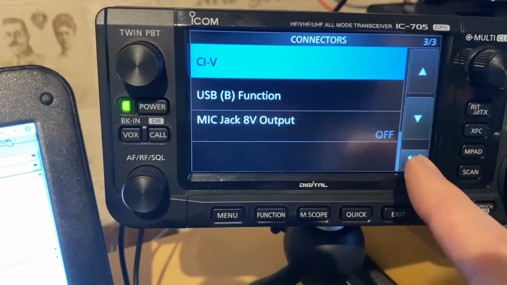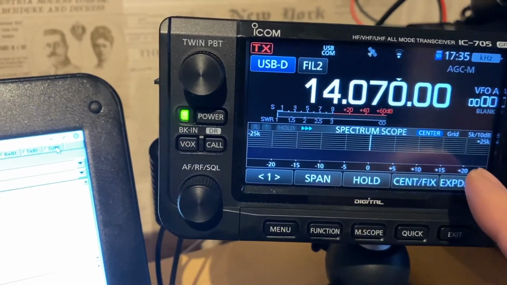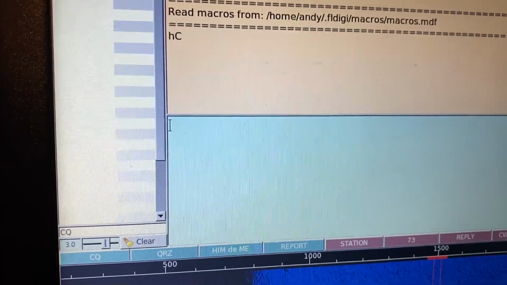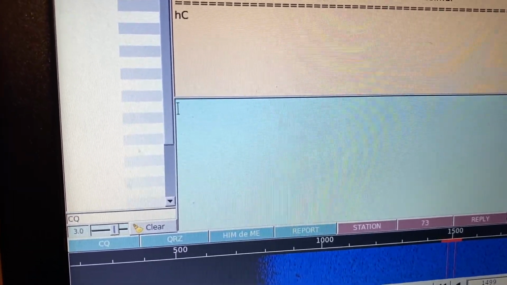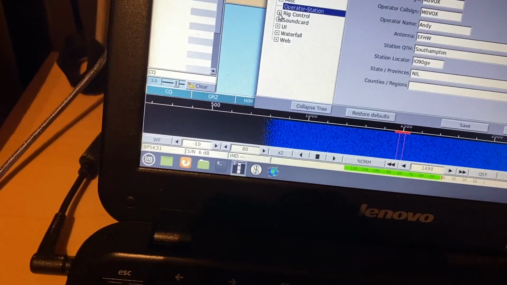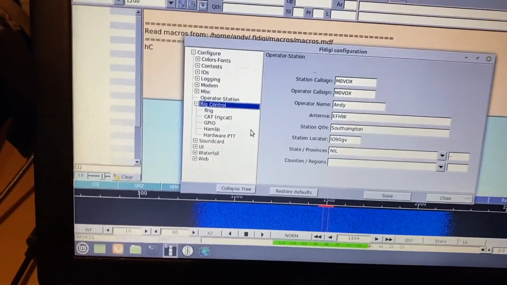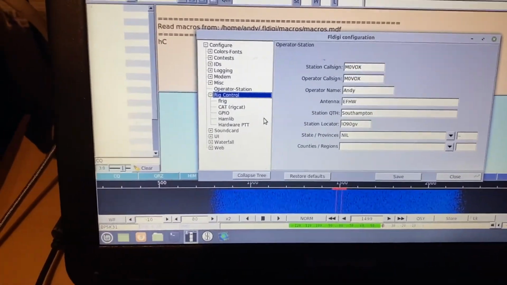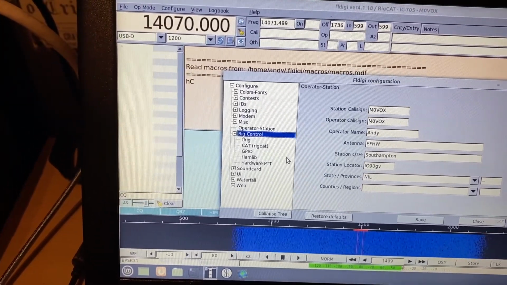Okay, for a lot of you, I'm probably teaching you how to suck eggs, but this may be useful to someone that hasn't already been through this. So it's worth noting here, if you're familiar with FLDigi, you'll probably already know there's a number of different ways to configure it for CAT control. It's actually really flexible, but because I wanted to use this for CW as well, and in later versions of FLDigi, certainly from 4.1.18